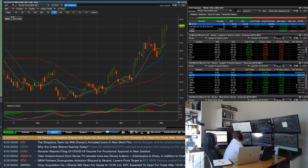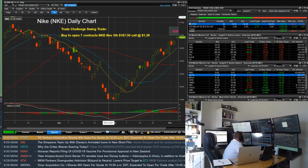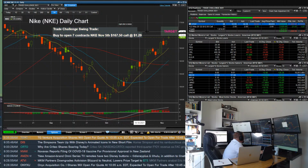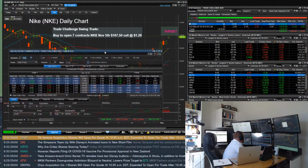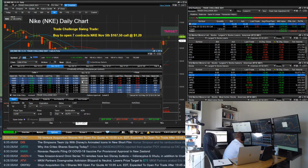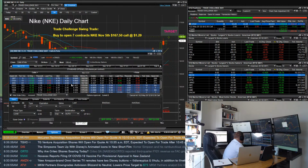All right, let's see what else we're looking at here. Nike's got a nice climb. Nike's near 170 a share. You guys remember this trade on Nike? Anyone hold on to it? And that expires the 5th, which is Friday. Let's see what that's going for now, those 167.50s. Let's see, NKE, if we take a look at NKE here, the November 5th 167.50s are now going